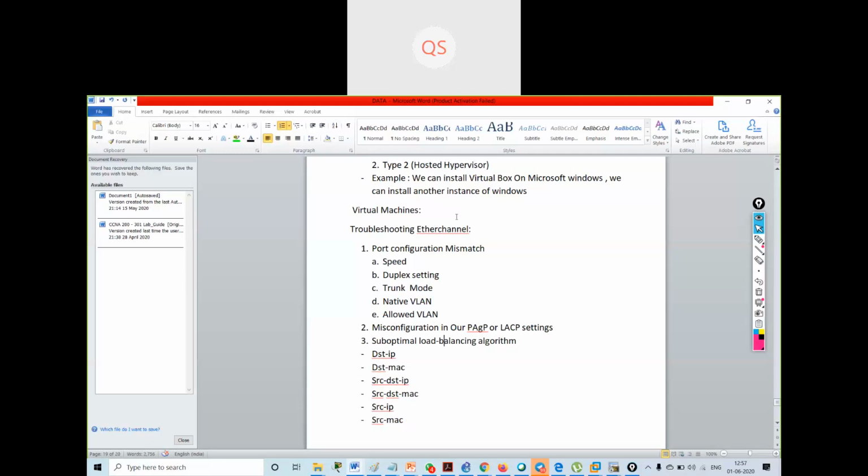So we need to consider all these things as our troubleshooting steps when we are troubleshooting our EtherChannel.